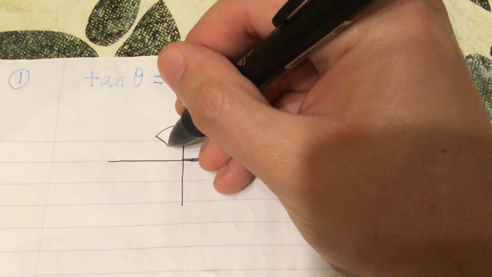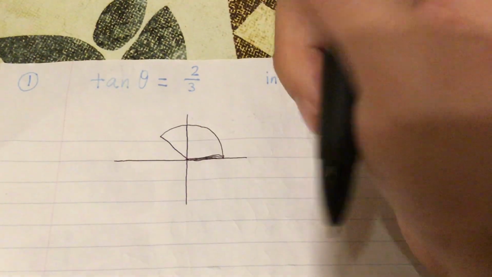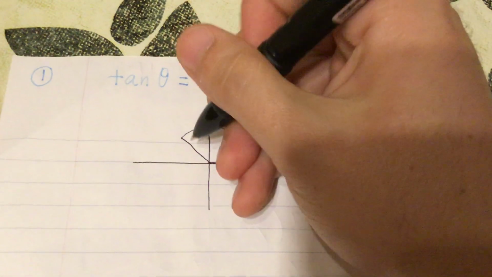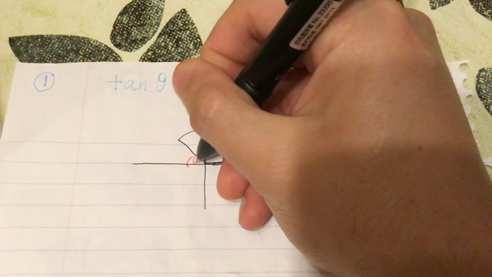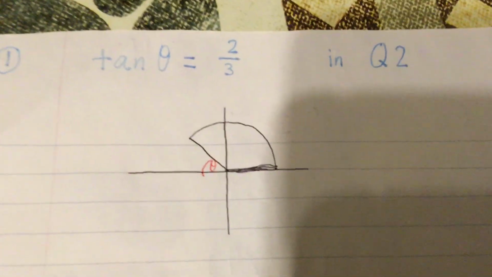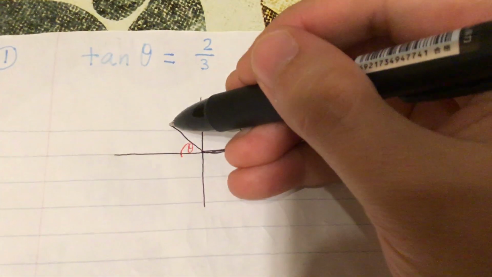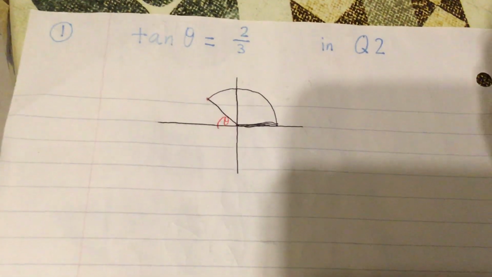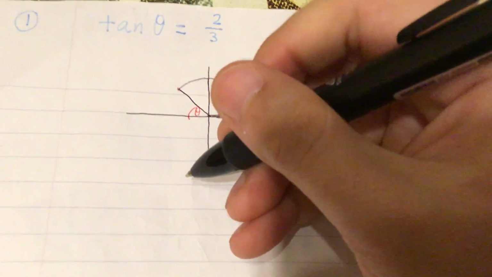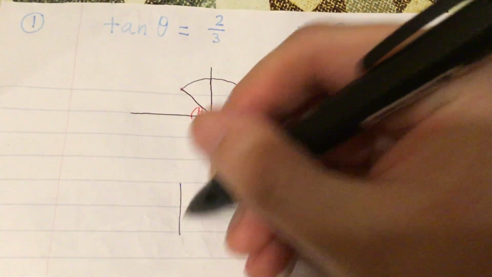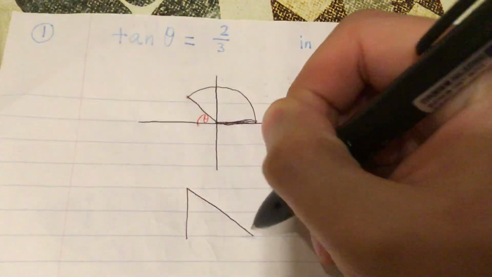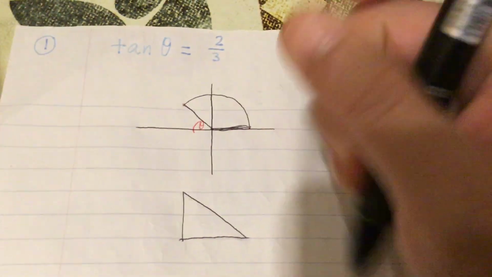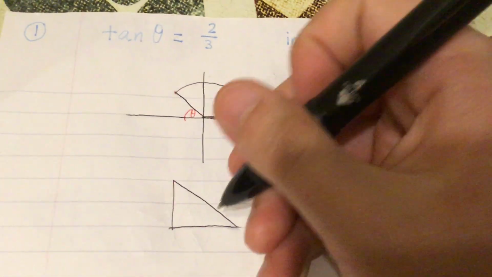But basically, you're going to get a triangle right here, and you're solving for this unknown angle over here. So you're going to form a triangle where this terminal point meets the x-axis. So now I'm going to draw that triangle literally as I see it, where we've got angle theta in quadrant 2,